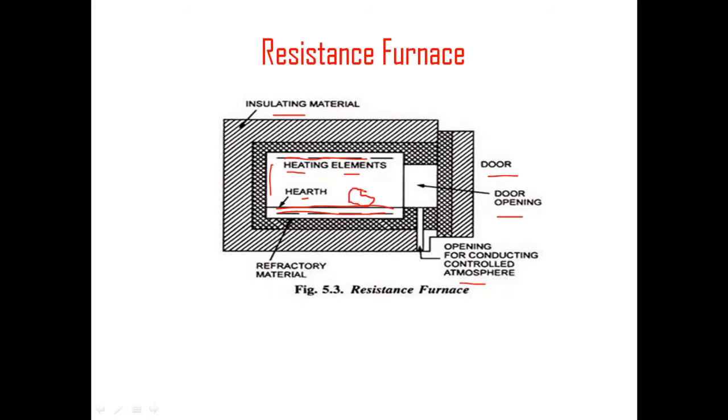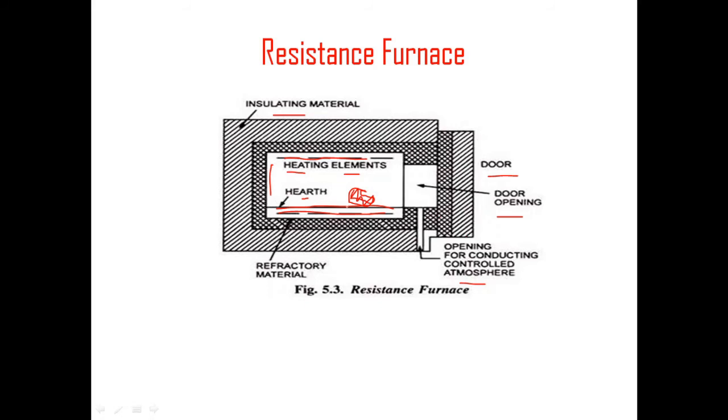Here we are going to place the item which is to be heated. You can consider the example that the material here is a bakery item. I will take a very interesting item, that is samosa, right? Samosa is placed on this earth element, and current is flowing through the conducting element which we have placed. That current flows only through the wire, and it will develop heat in that wire. That heat will be transferred through conduction or radiation to the samosa, right? So the samosa will get heated up, and after a particular automatic controlling system, the door will open automatically and we can take it out.